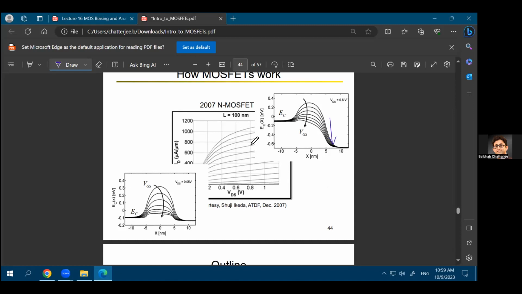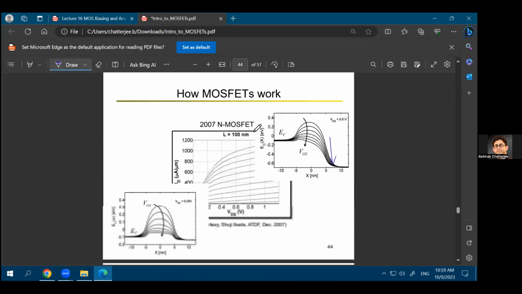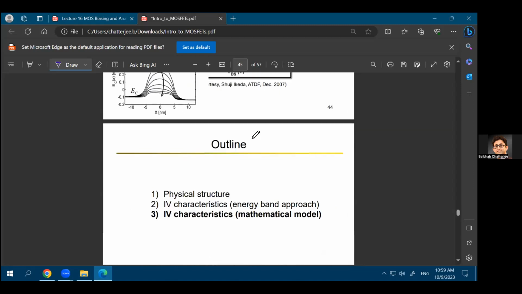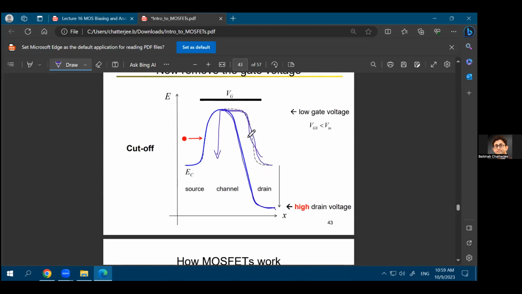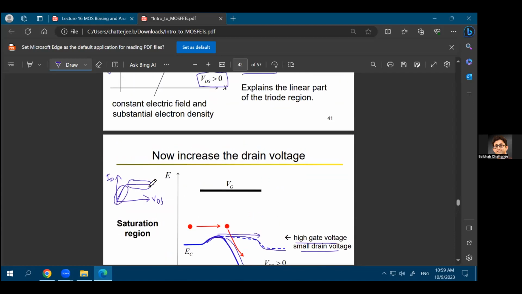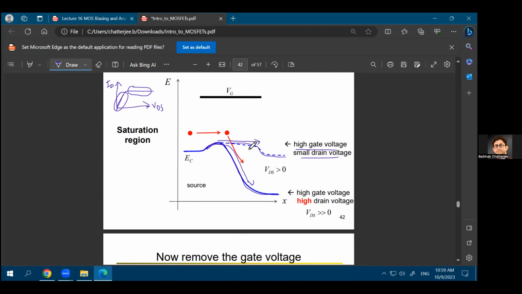And this is the ID versus VDS characteristic for different VGS. That's what you see in the middle. And that's something we had discussed in the previous few slides. Now, except for one thing that we have not discussed: why the current will saturate at very high VDS. Now, at very high VDS, what you can assume is that